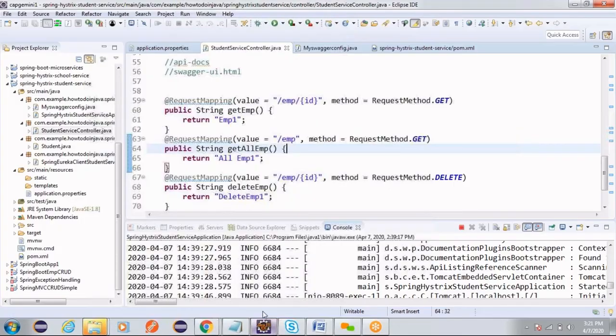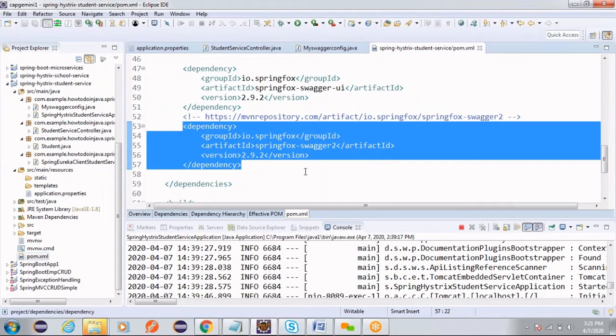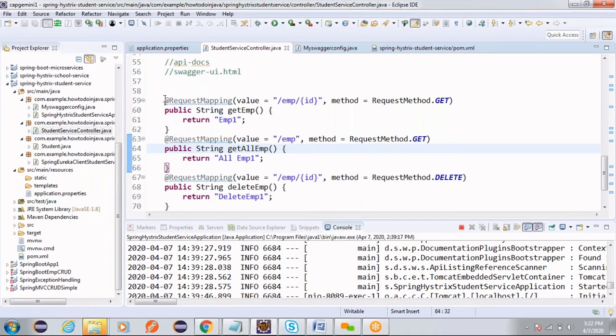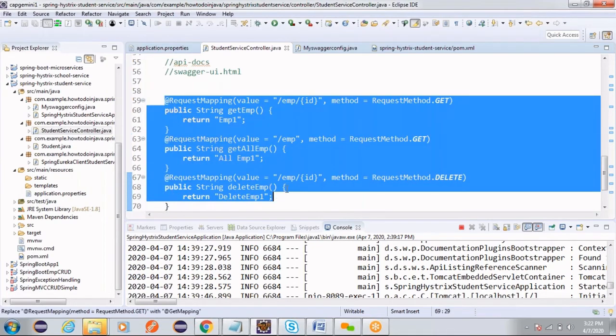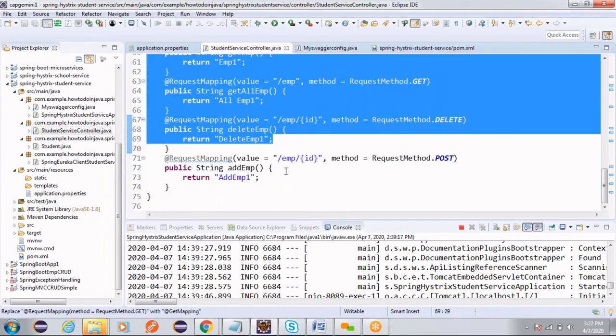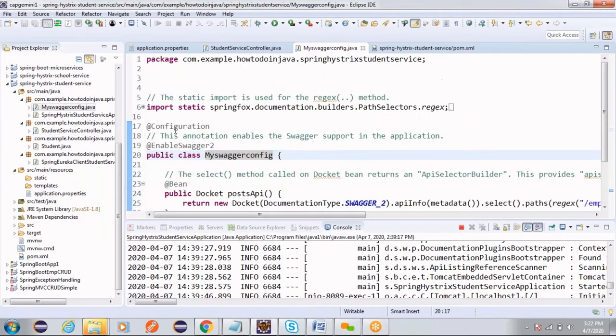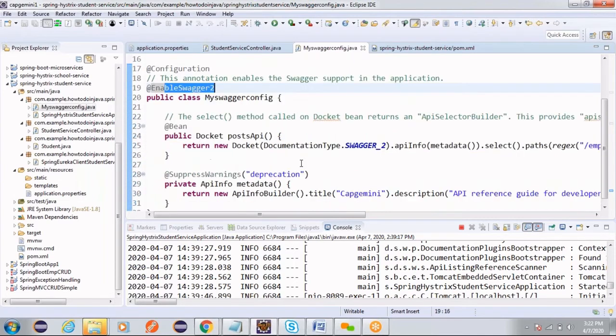This is what we are doing in the pom.xml, adding the dependencies, and we have added certain methods into our controller. You can take existing methods. Just for a sample, I have taken these three to four methods which start with emp as a URL, and I am adding the configuration class. This is the configuration class I am explaining about. So, @Configuration, @EnableSwagger2, and then here Docket.